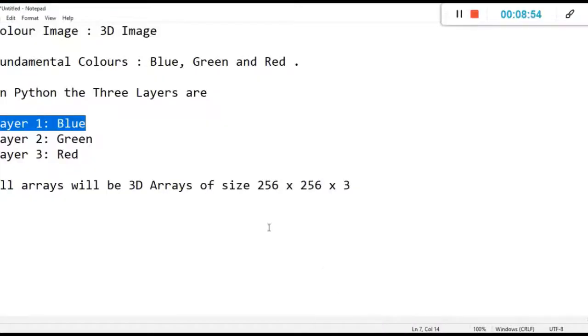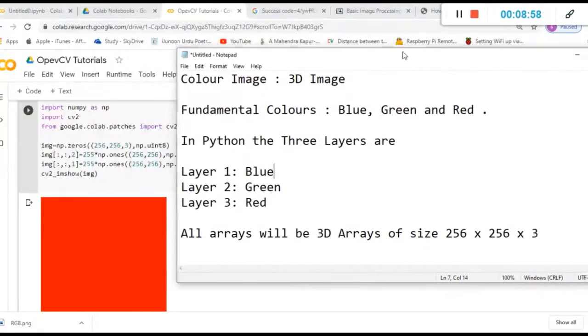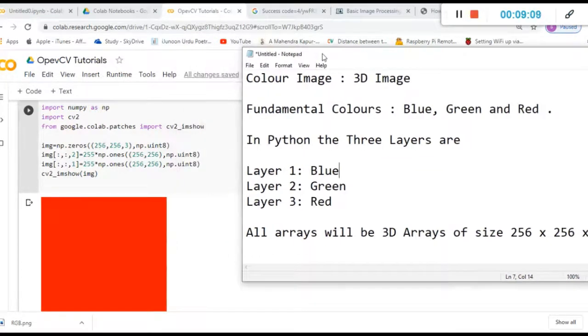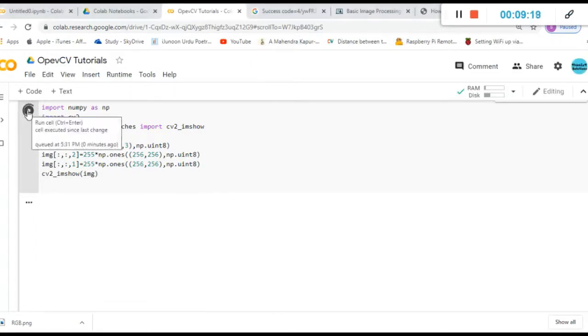So I'm filling these two, green and red, right? This 2 represents the red layer, and 1 represents the green layer. Is that okay? So now when I run it, you will get a combination color of green and red. So let me just run it.